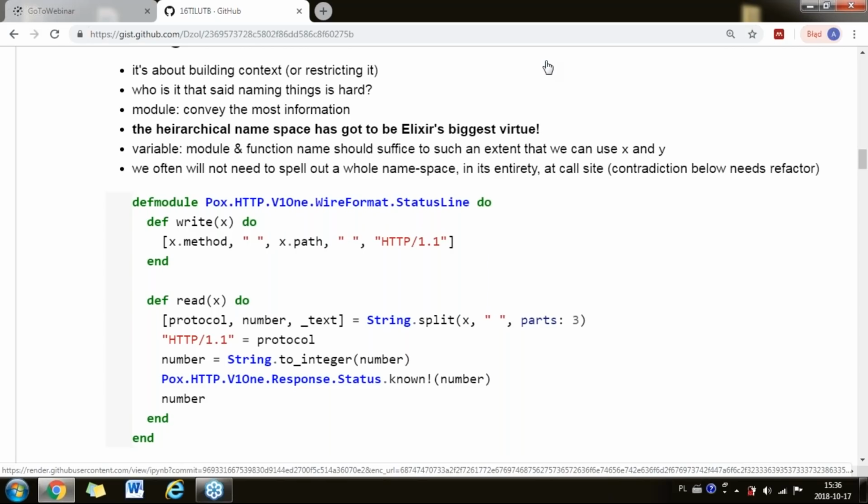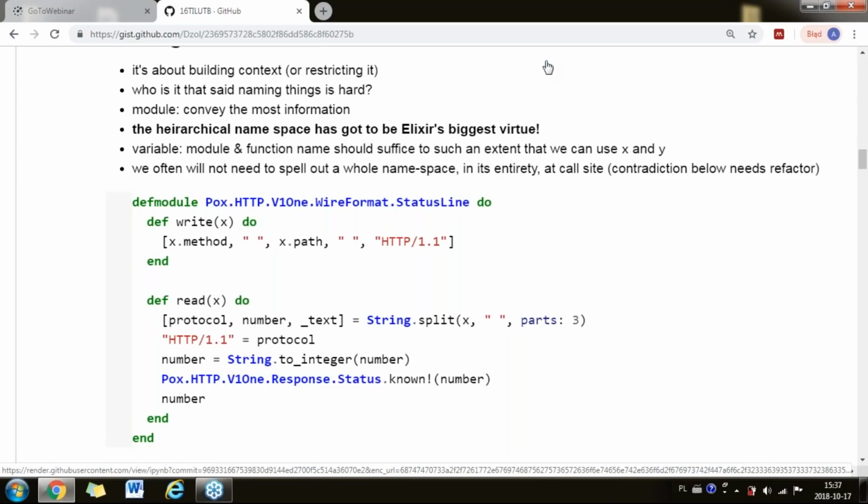And so for me, if we look at Elixir now solely, the hierarchical namespace there has got to be one of Elixir's biggest virtues, because it's able to convey so much information, right? With that one construct. And likewise, we can improvise something similar with Erlang, and I really encourage us to do so. So if we go one level down in the naming constructs, we obviously have function names,